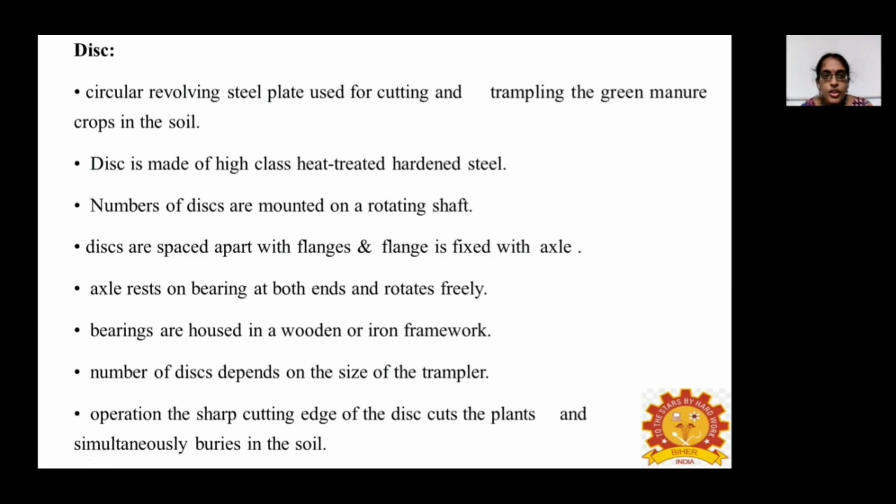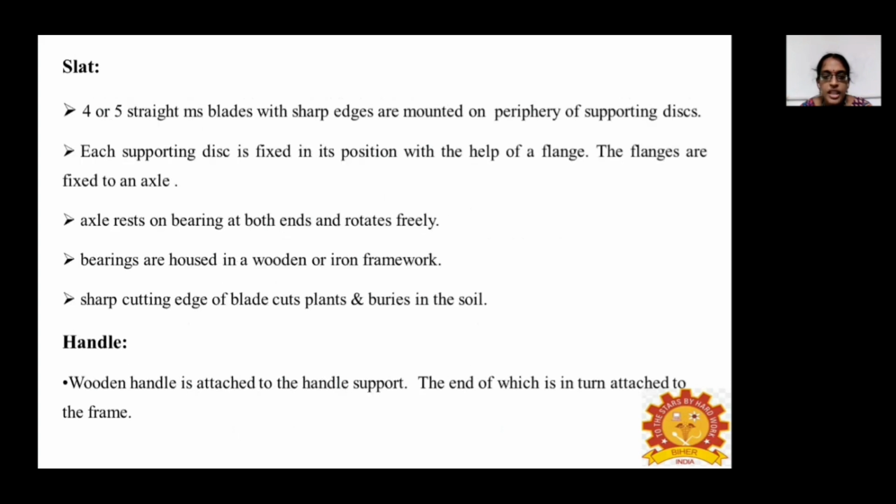And the disc type is used for cutting and trampling the green manure. The disc is made of hardened steel, and a number of discs are mounted on the rotating shaft. The number of discs depends upon the size of the trampler, and the bearings will be fitted here. The bearings will be housed on the wooden framework, and the sharp cutting edge of the disc will help to cut the plant,